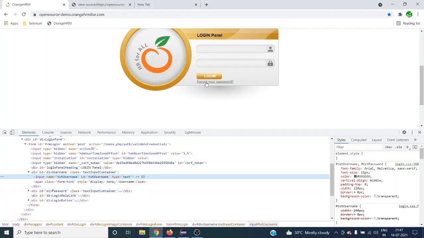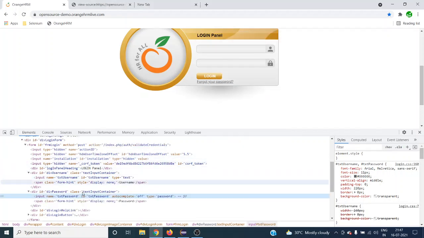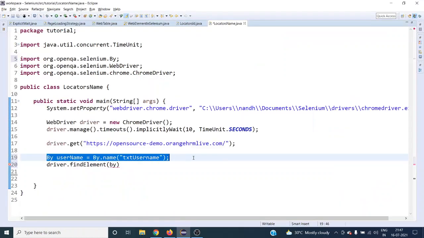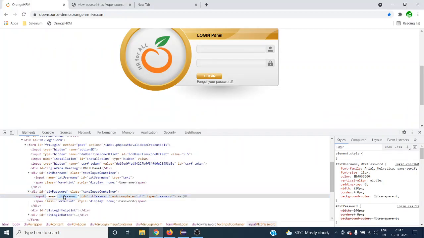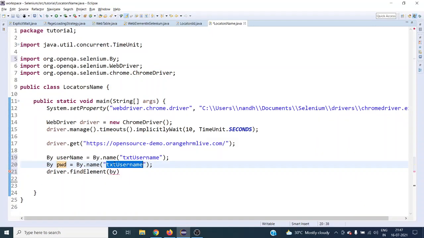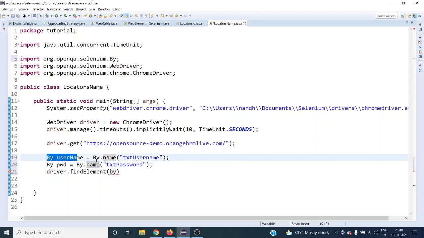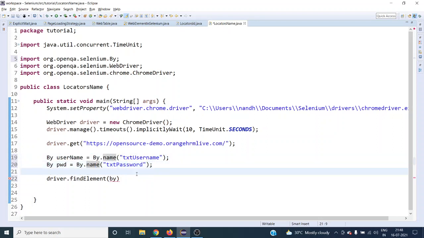And we have to take the password as well. Let's take that. So this has the text password. So let's copy this same one and this will be the password. Let's take pwd. What is the value? Text password, right? So we have to use By dot name. So username we have found out and password also we have found.